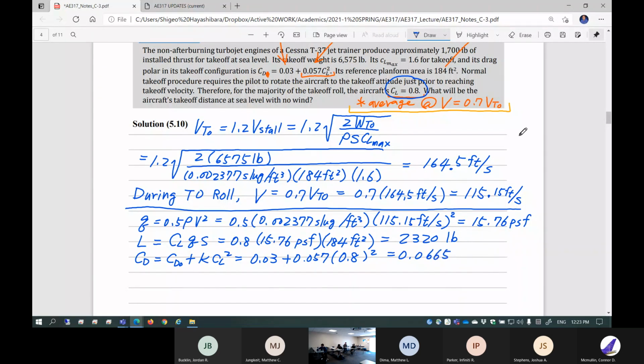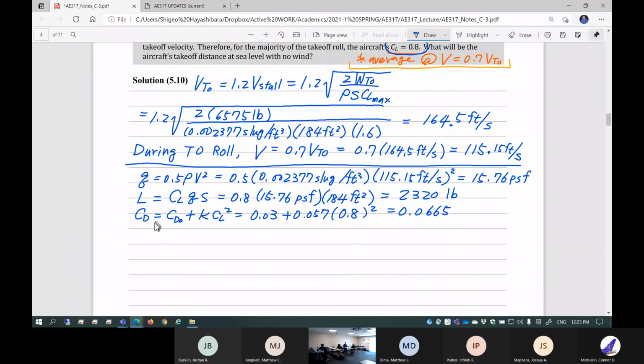So this is the drag coefficient. So how much actual drag are you going to develop? CD Q S. So drag coefficient 0.0665 times Q is 15.76 psf multiplied by the wing area 184 square feet. So this is going to give you a drag,